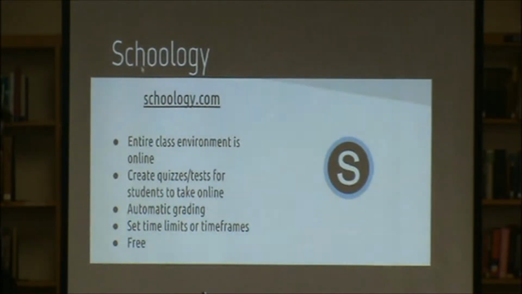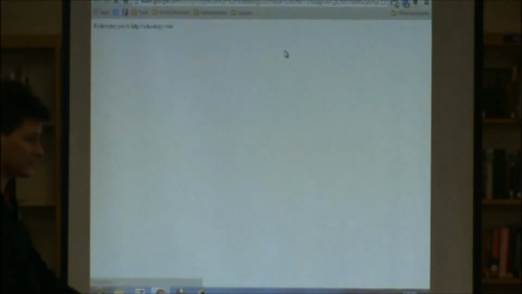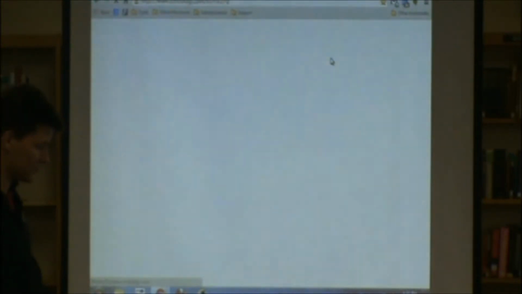What Schoology is overall, it's a learning management system. So you can house your whole class in there. Everything. Quizzes, tests, questions. It's pretty user friendly. Once you get going, you just have to find out what you all want to do with it. There's just about everything you can do. As far as quizzes, tests, if you have